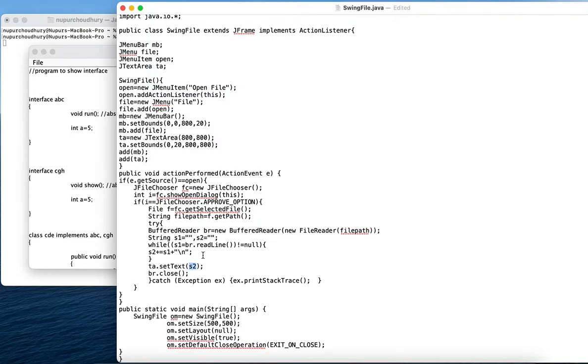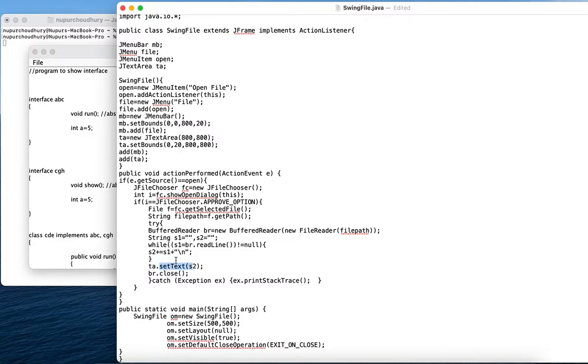So the setText method would be helping us to store the values which we have read and stored in s2. So s1 would be checking whether it is null or not. If it is not null, it will read it and also consider the next line with it. So s2 is equal to s1 plus a new line. These things will be stored in s2, and after this s2 will be displayed in the text area using the setText method.